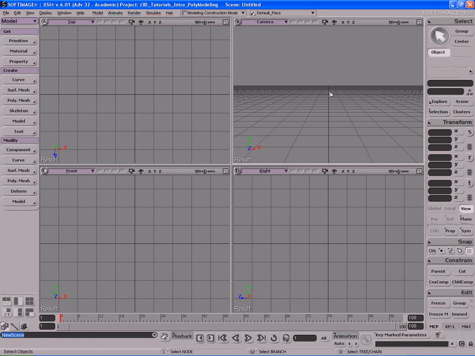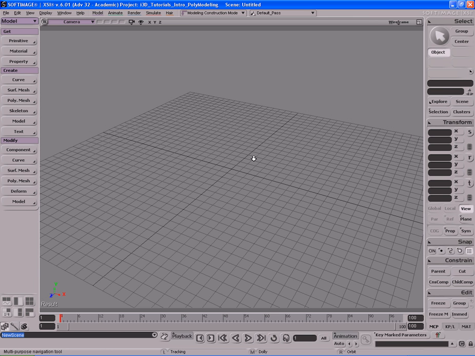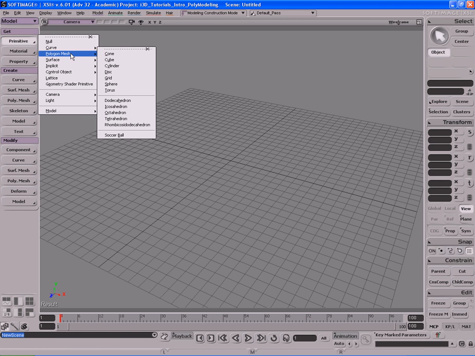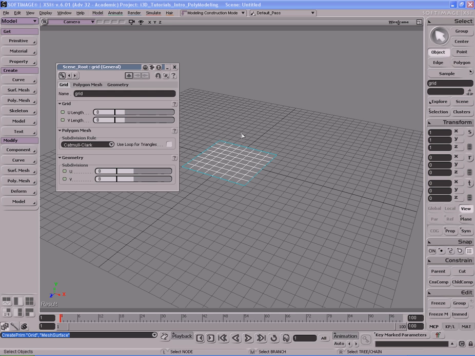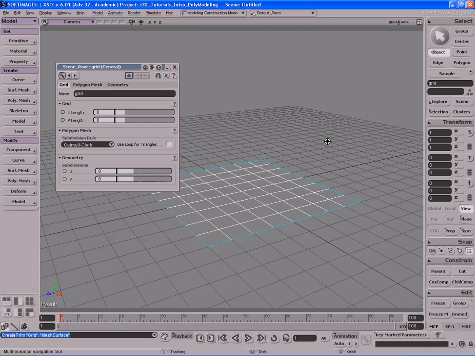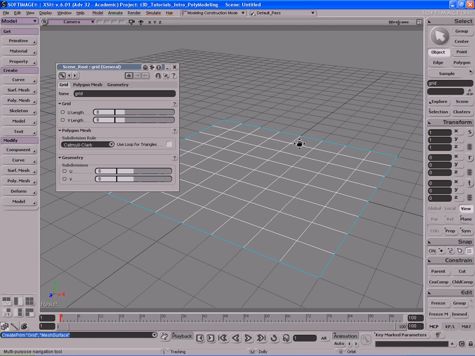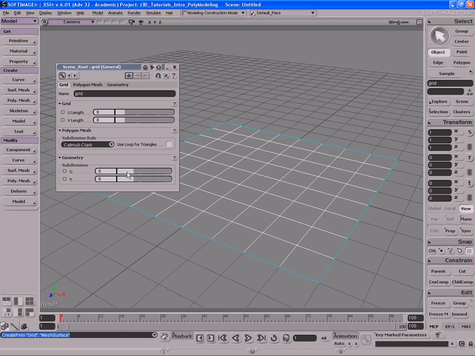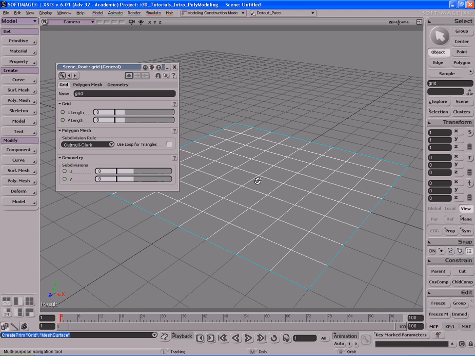Right, so the next thing that we're going to do is we're going to model something very simple again, this time a simple post-it note. So let's go ahead and maximize this viewport. Let's go to primitive, we're going to polygon mesh, we're going to create a simple grid. So here's our simple grid, very, very simple. And it has 8 subdivisions in both the U and V directions, which actually looks like that's going to work